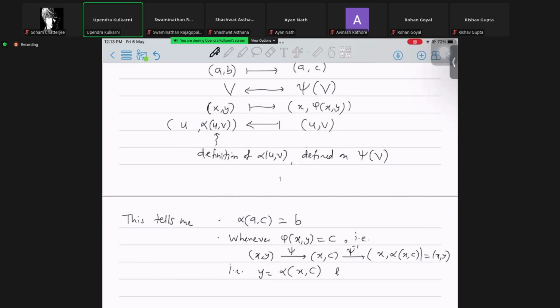And so, to make this even more explicit, let's turn this once more. So y is... in other words, if I now plug in this value of y here, then what do I get? This simply, remembering the definition of psi, is phi of x comma, what was y, alpha of x comma c, equal to,